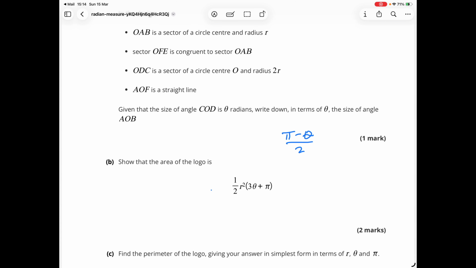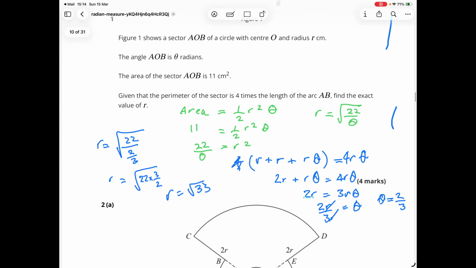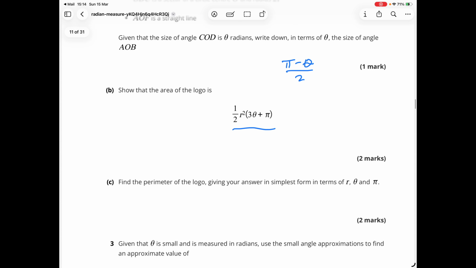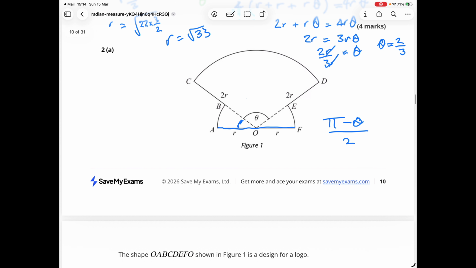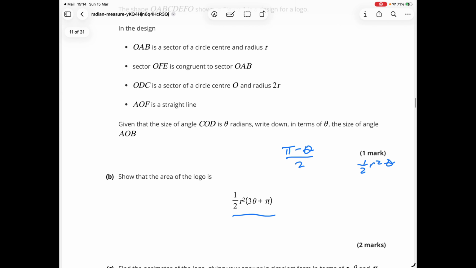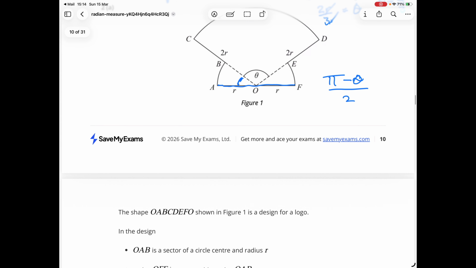And then show that the area of the logo is this. So again, I'm going to refer back to the thing I did earlier. So half r squared theta is going to be how we start this. The area of the logo is going to be, so this top bit, or the fan bit, is going to be half 2r squared theta. Okay, that's the first bit. And then the next bit is going to be, oh, I see. So we're going to use